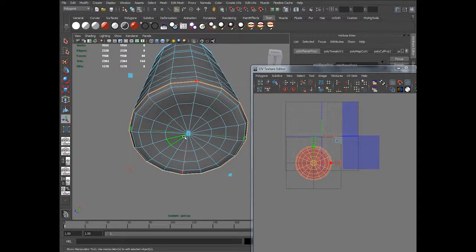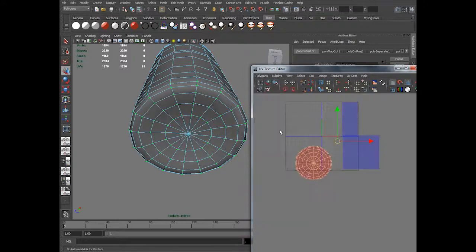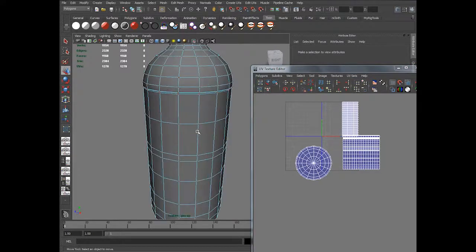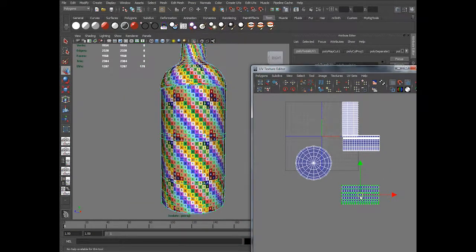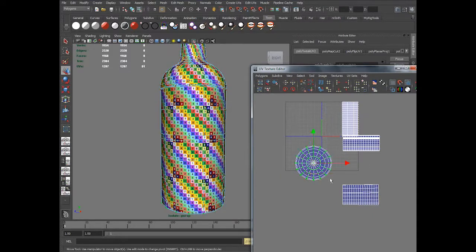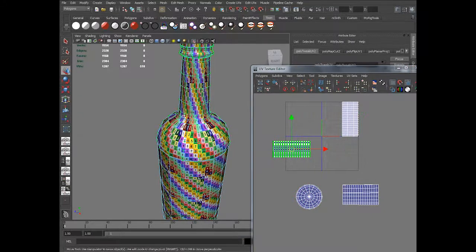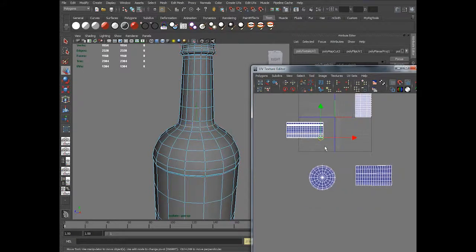Again, I'm projecting it from the back side of the bottom, so I'll use flip here. I would like to cut here. Okay. I would cut here.